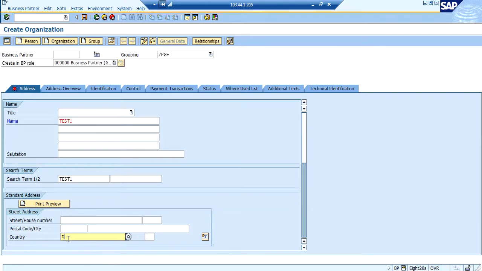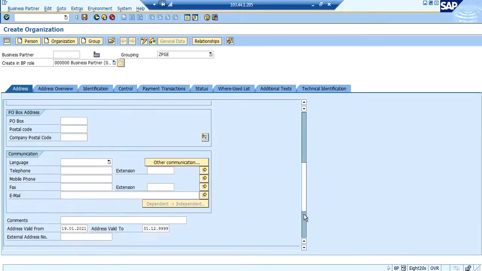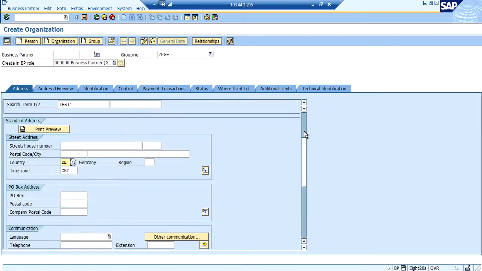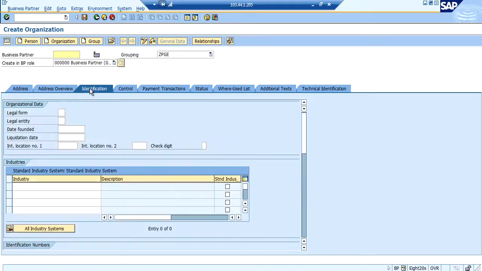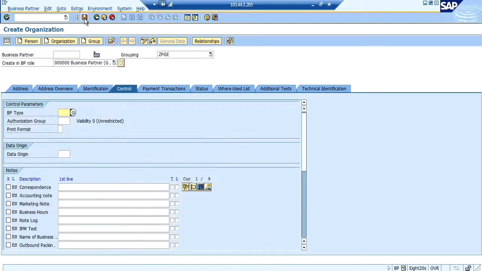Whichever basic data is needed, we give the basic mandatory details. Once given, we will save it, so that a generic business partner will get created.